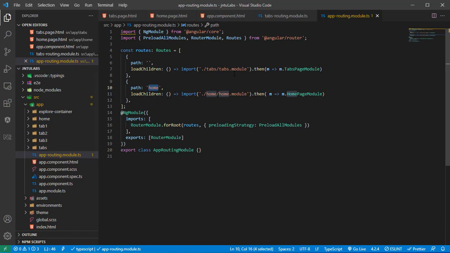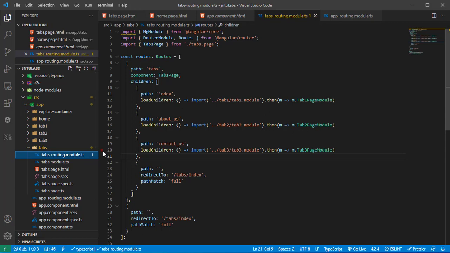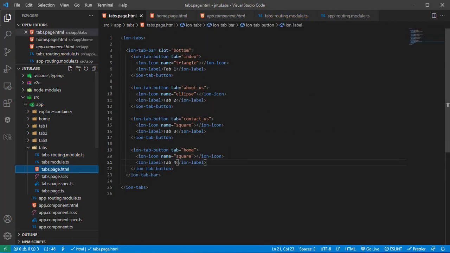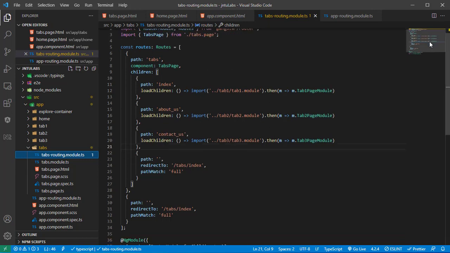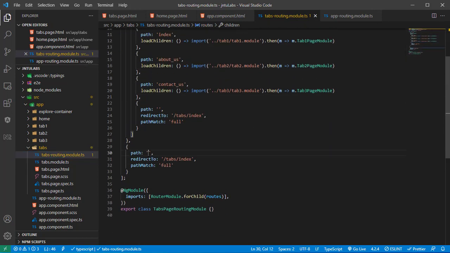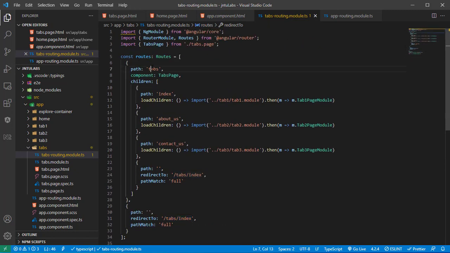Then it goes to the tab module, so it goes here directly and checks the tab router module. Basically, if you go and see here, there will be icons. Before going to it, it goes to routes and checks that the path is empty, so what do I need to do? When it is empty, I need to go for tabs, and there will be an index, so I need to go there. So here is the path, and then here is the index.